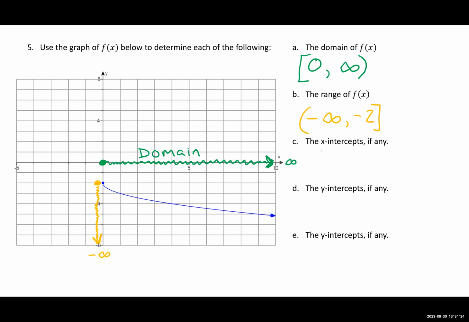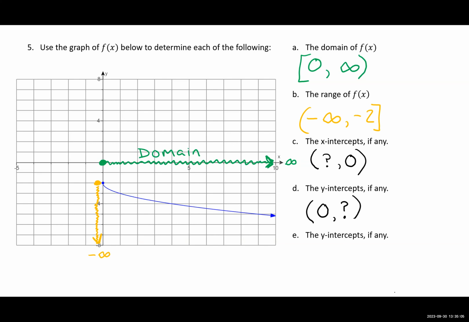So for an x-intercept, we're looking for any point that has a 0 for the y value. To be on the x-axis, the y value of any of these points is going to be 0. Right? For the y-intercept, we're looking for points on the y-axis, so that means the x value